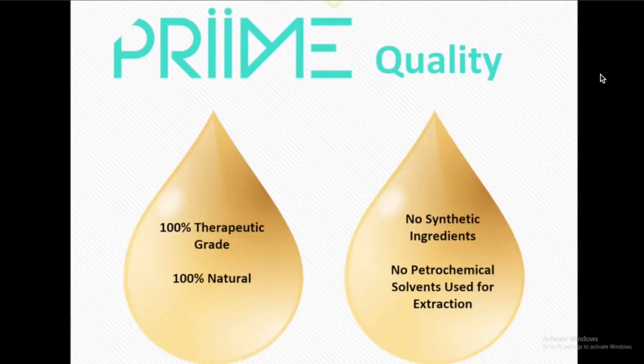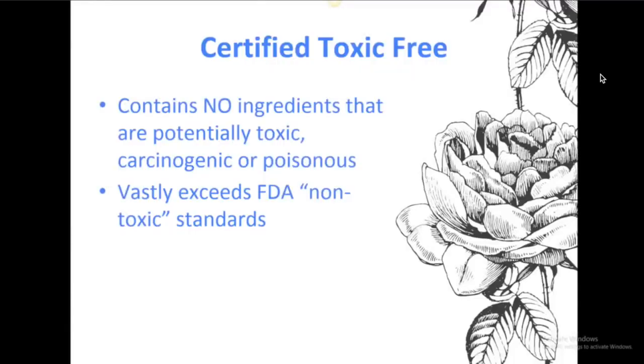There are different types of extraction methods when it comes to oils. Some companies use petrochemical solvents to extract the oils. We use a water distillation. So think about this big rack in the middle of a distillation pot, and you've got all these rose petals on this rack, and underneath is water, and then the steam carries the essence of the plant down to a little dripper into a bottle at the end. That is what steam distillation is, where we chose to make sure that we weren't using any type of solvent